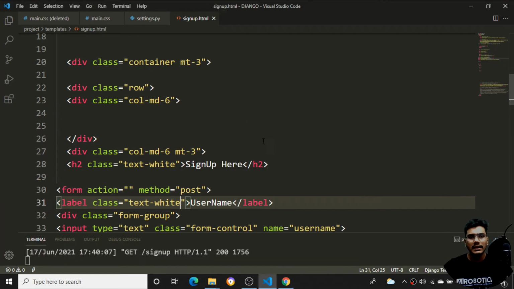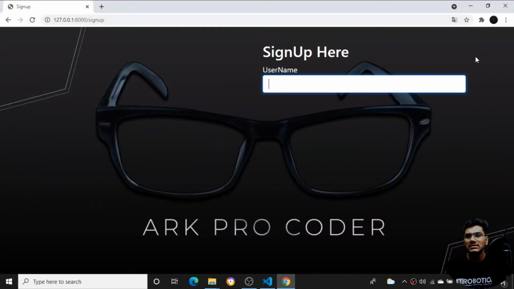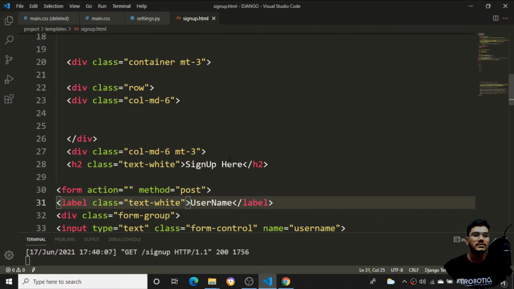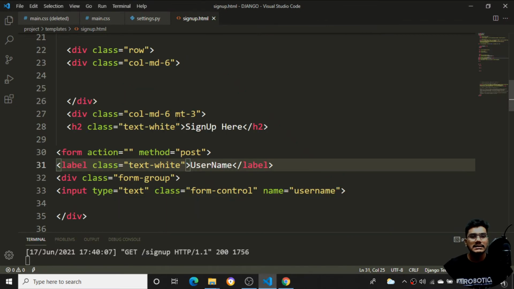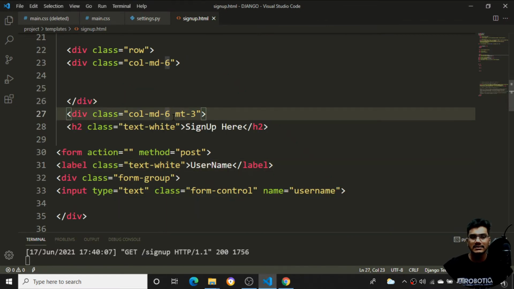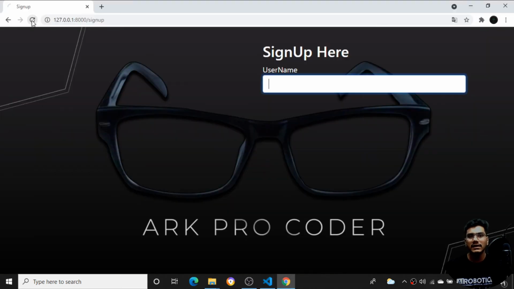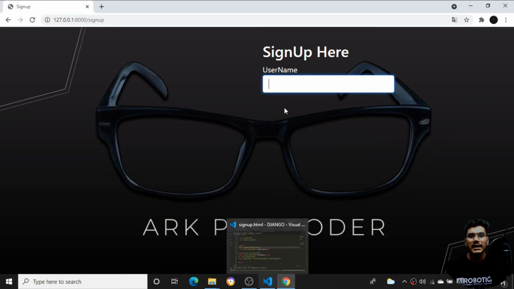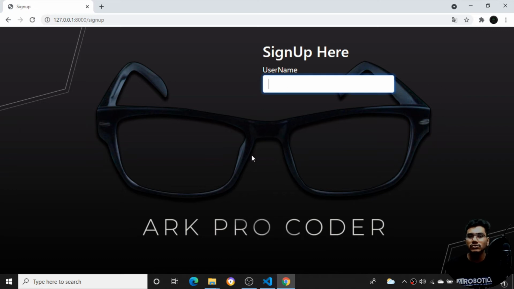One more thing, you can see the particular form is very big here. I don't want this big a form. So what I can do is set the size of the column to 4. If I refresh, you can see it comes at this size. And if you want it to go further back, you can do that also. I think this is more than enough.